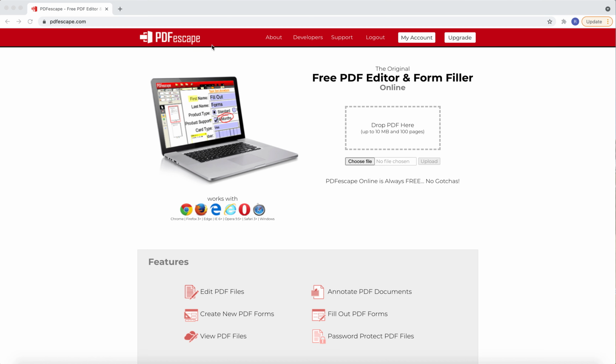This website, it's free to use. It's just pdfescape.com, and I'll write all of this below in the blog post, so don't worry about screenshotting this or anything now. So when you come onto this website, it looks a bit old school, but it works amazingly. You don't need an account or anything. You can set one up if you want to save projects that you're working on,